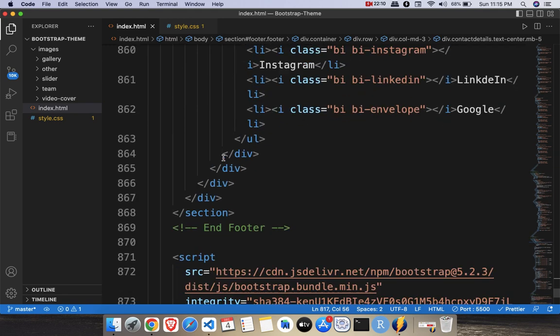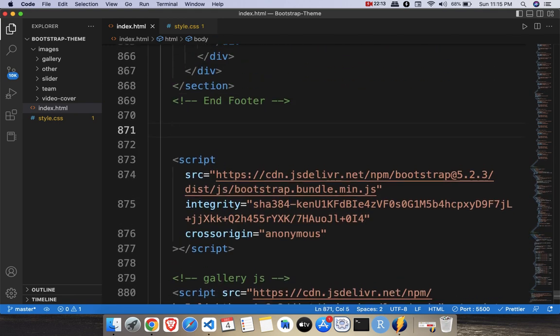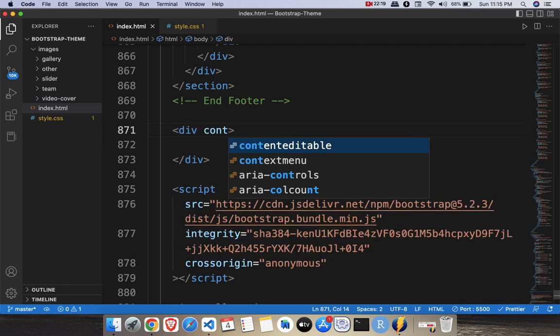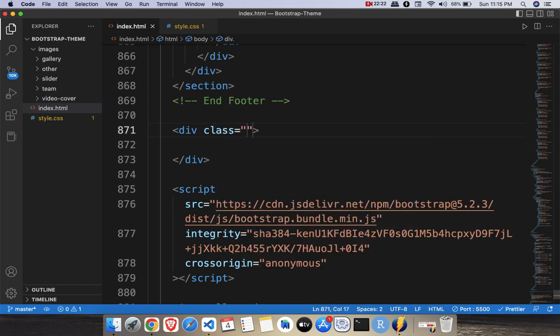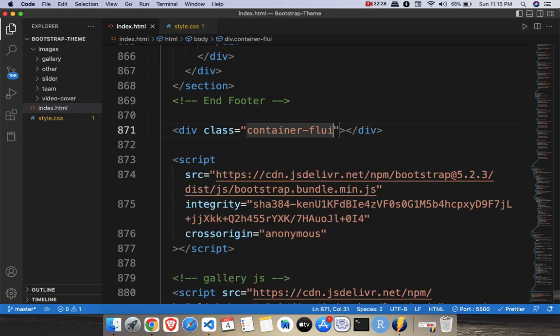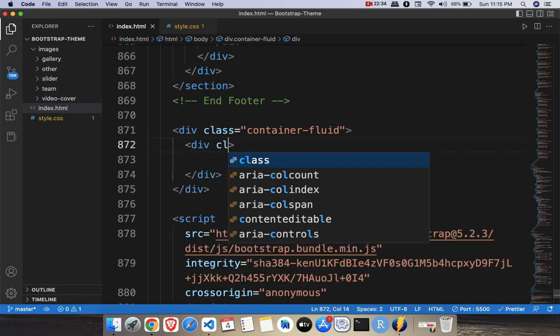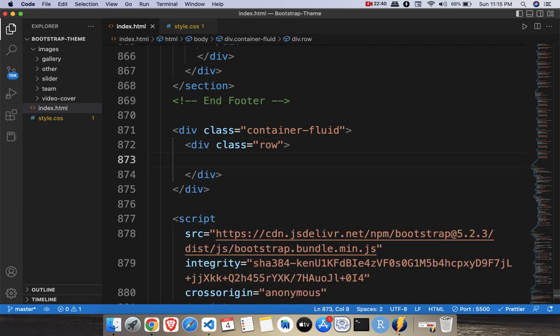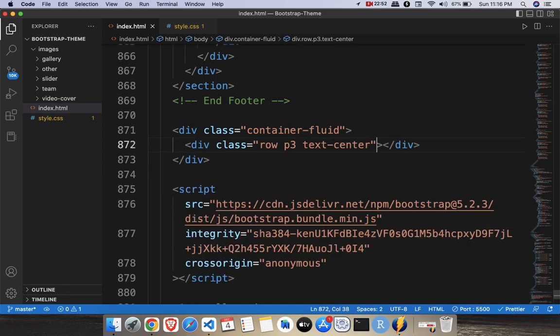So just come to your HTML code, and after the footer section, simply create one div tag with class container-fluid, and inside that container-fluid you can just create one div with class row, and inside that row you can write the class name, suppose p-3, then text-center, and